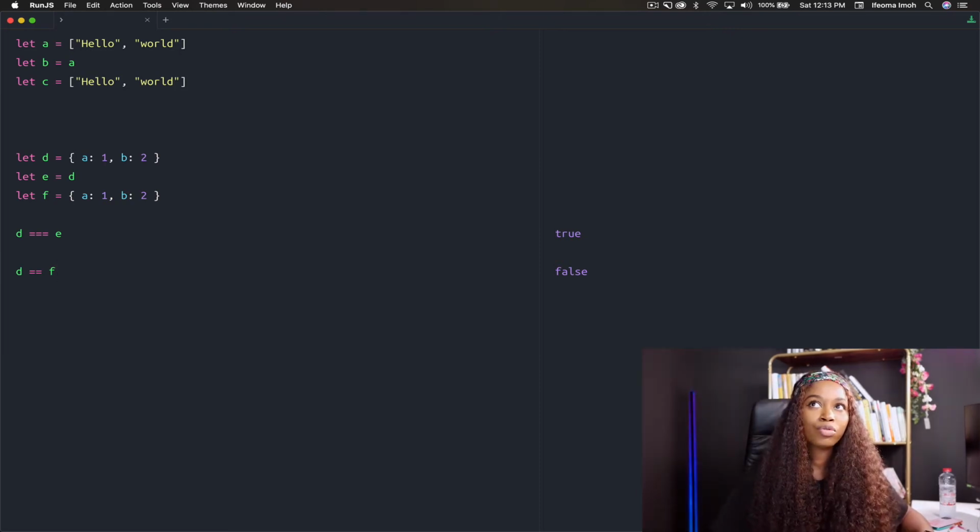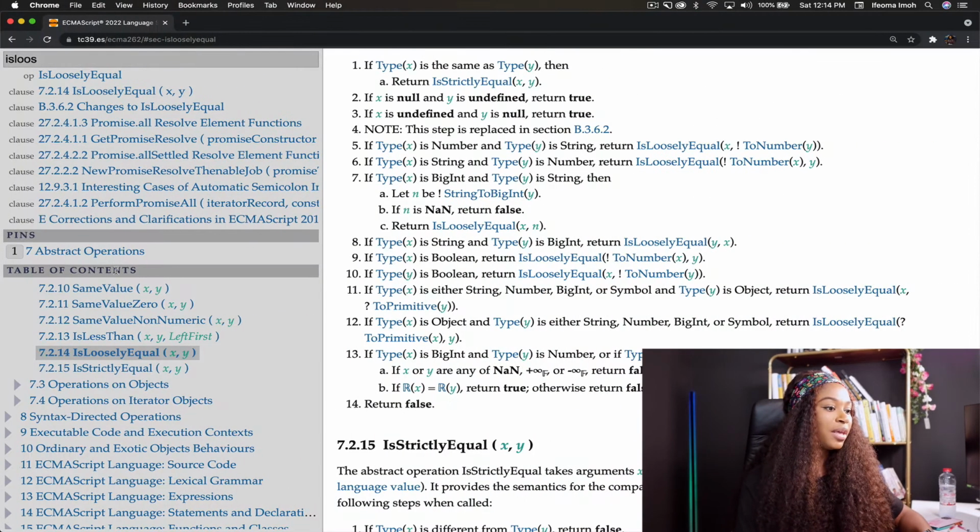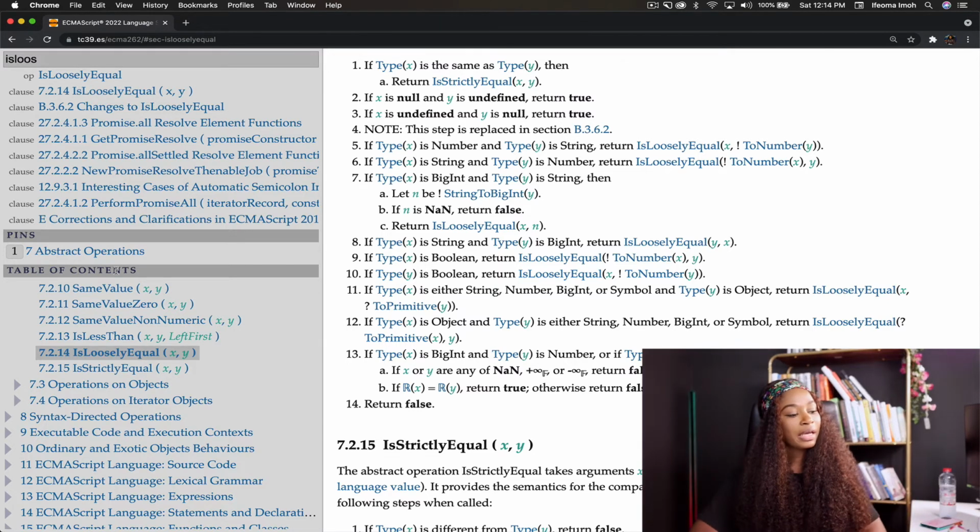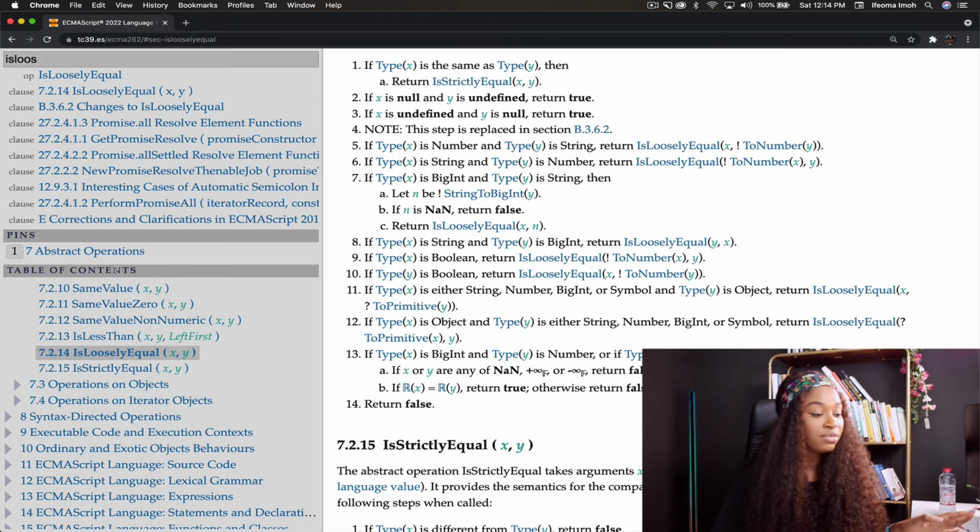If we're comparing a primitive value with a non-primitive value, say we have a string and an object, with the strict equality operator, with the triple equals, it won't work because they are of different types. But with the loose equality operator, let's see what the spec says the behavior should be. So it says 11 here. If type X is either string, number, big int, symbol, and type Y is object, return is loosely equal X to primitive Y. So this is basically saying if we have any of these primitive value data types and we're